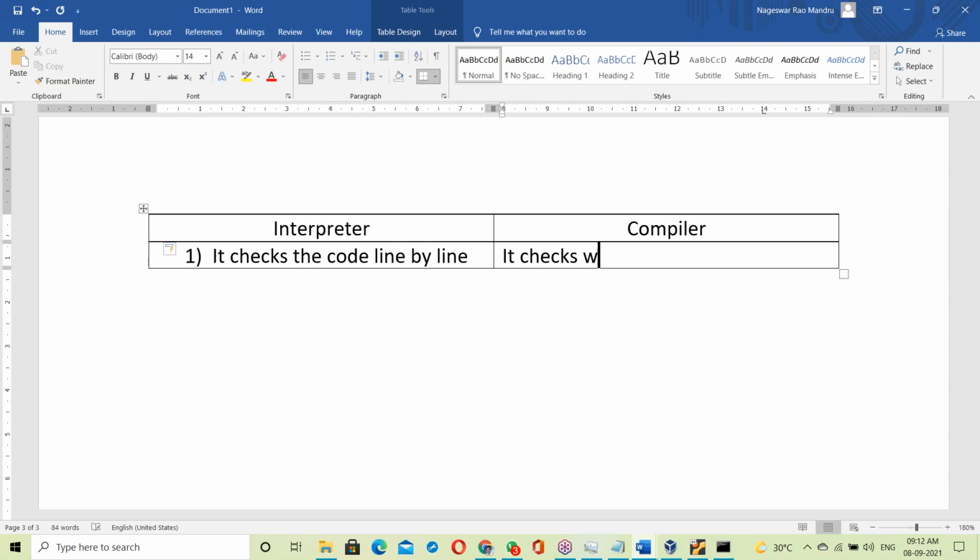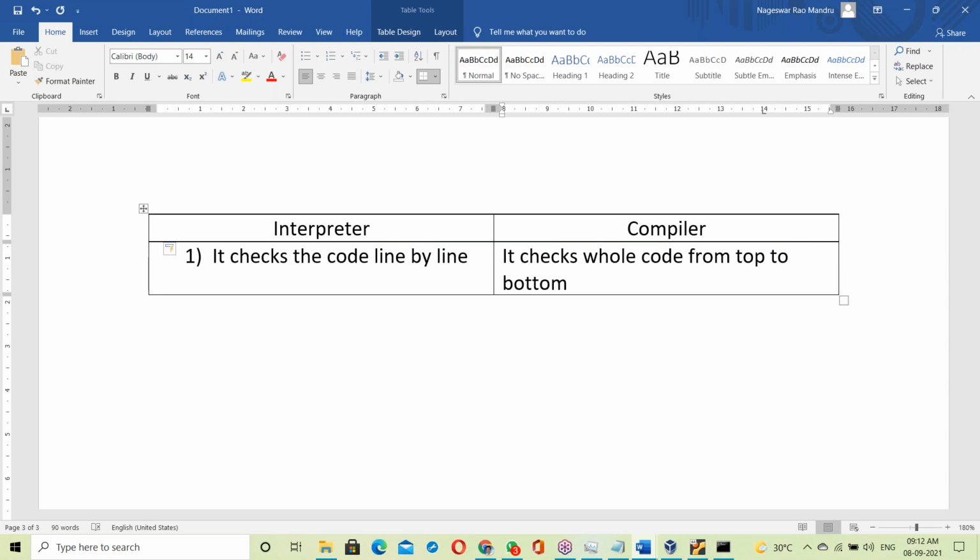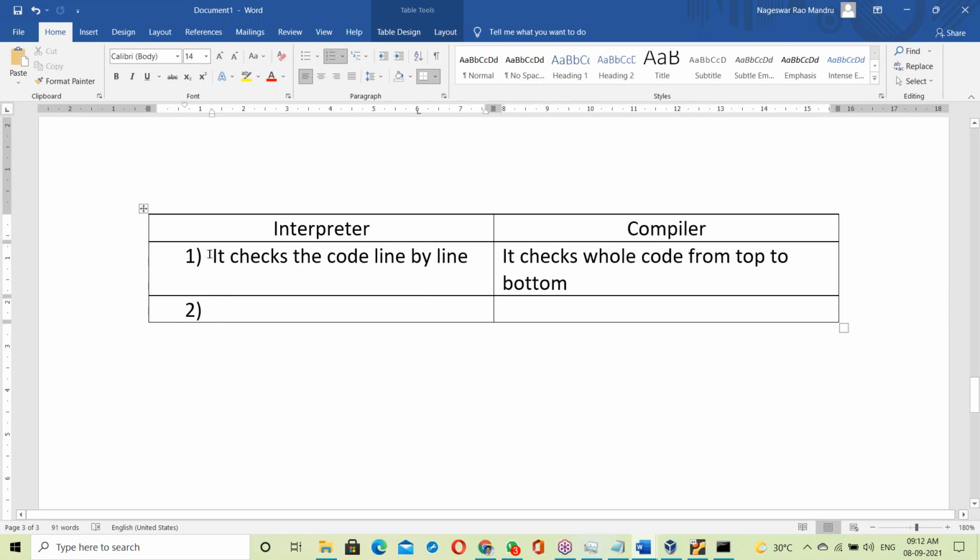The compiler checks the whole code from top to bottom. We discussed that practically. The interpreter checks the code line by line, and the compiler checks the whole code from top to bottom. Next, when it comes to output,